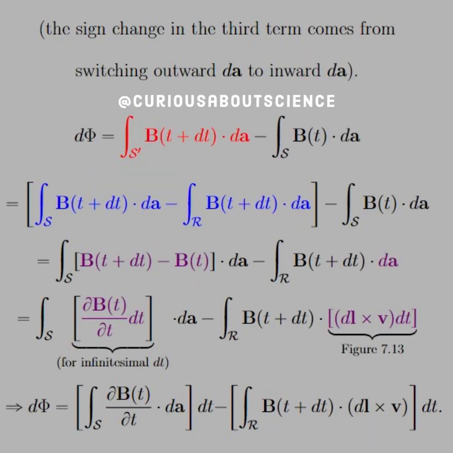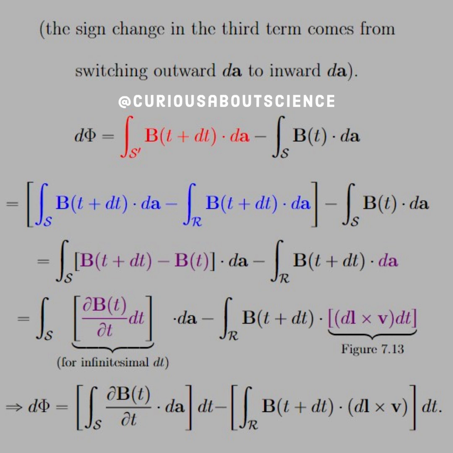So again, like I said, the sign change in the third term comes from switching dA from outward to inward. Okay, so don't be alarmed. That's just how we deal with it. So what we're saying now is that the change in flux, which was equal to,